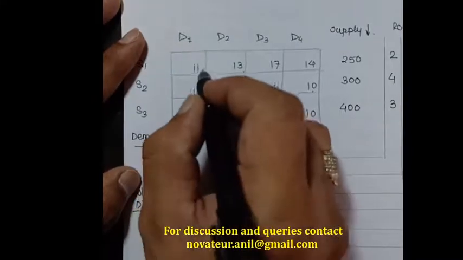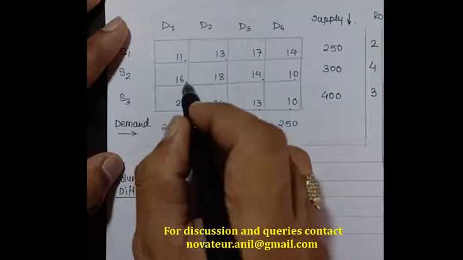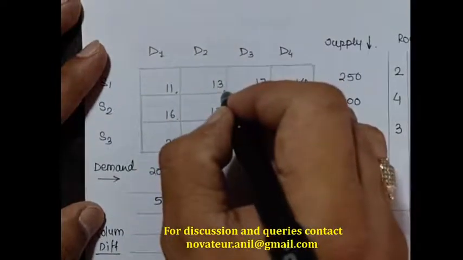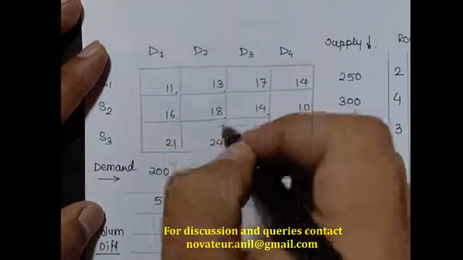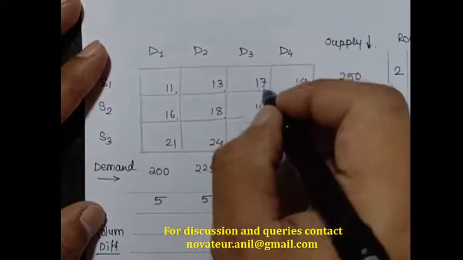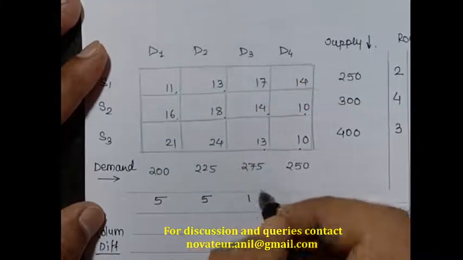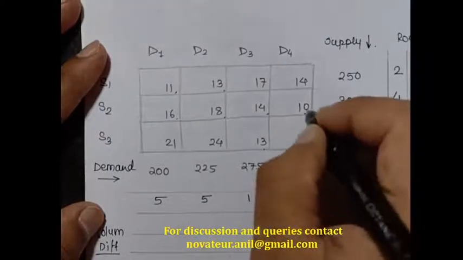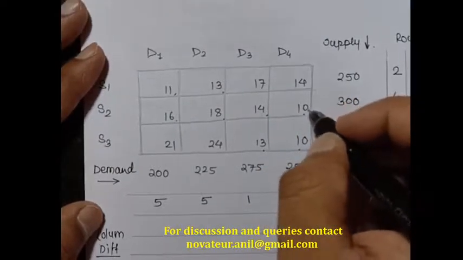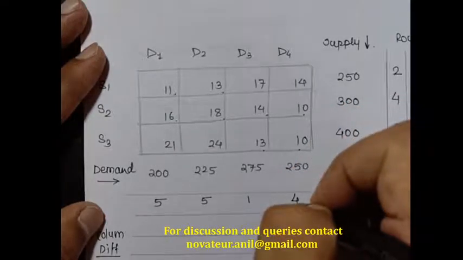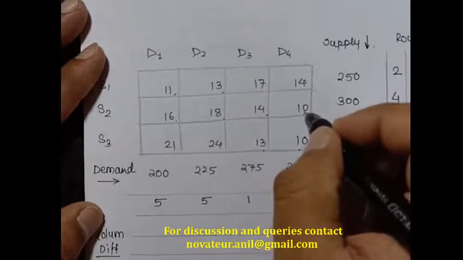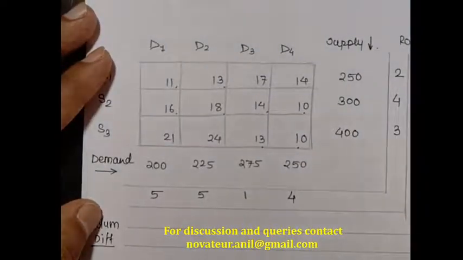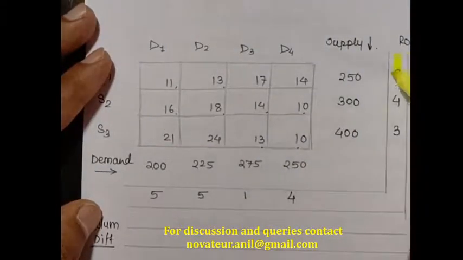Here the smallest value is 11 and the next smallest value is 16, so the difference is 5. Again smallest value is 13, next smallest value is 18, so again it is 5. 13, 14, 1, 10 and 14, 4. Now there are two tens, so I'm not going to take two tens and I'm going to write down 0. Smallest value and the next smallest value. Okay, so now see pipe 1, this particular pipe.